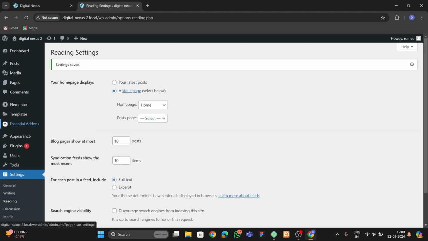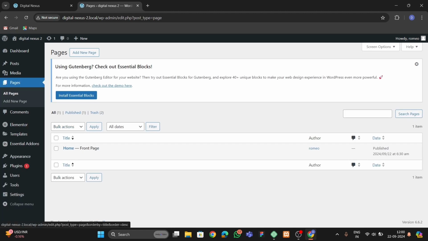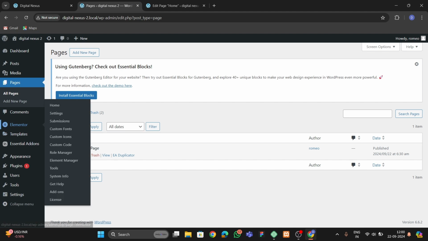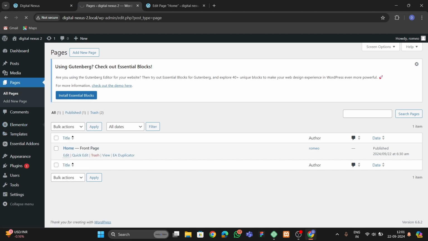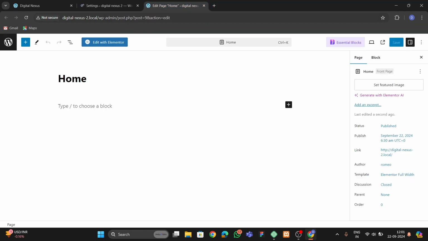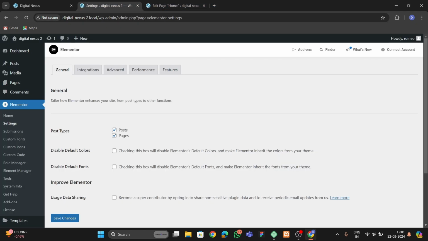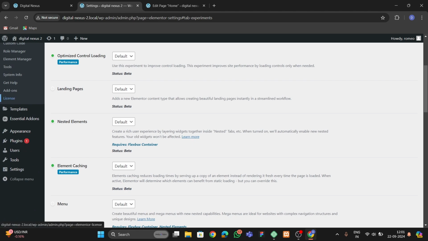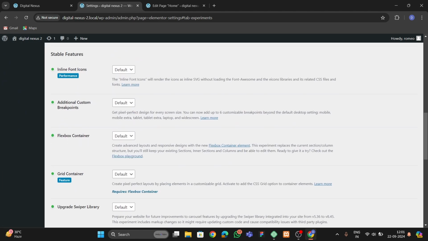Okay, then after that we have to go to the pages option again, and here in the pages option we have to open this in the edit. Okay, so wait for it to open, and also we have to do some settings. So let me go to the Elementor and go to the settings, and after going to the settings we have to do some configuration. First we have to go to the features option, and here we have to enable the nested element,